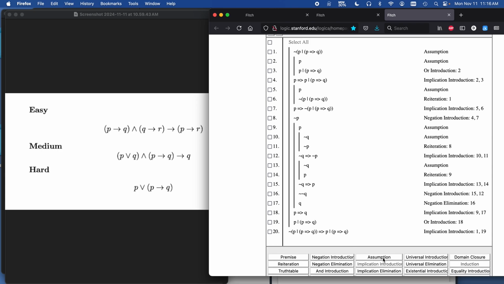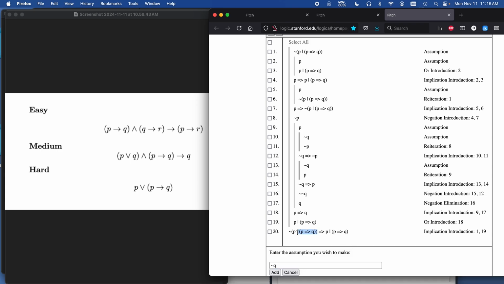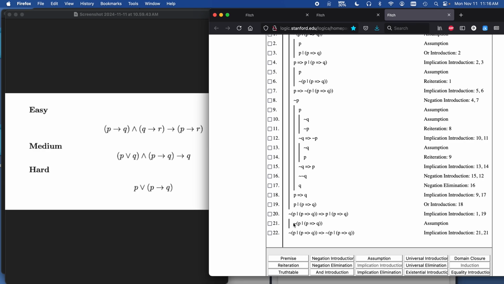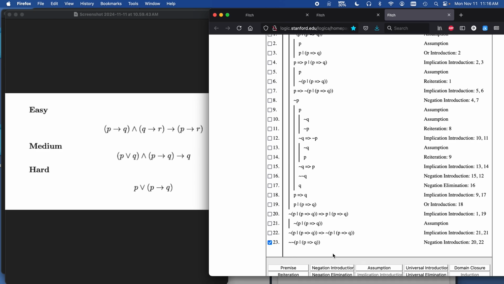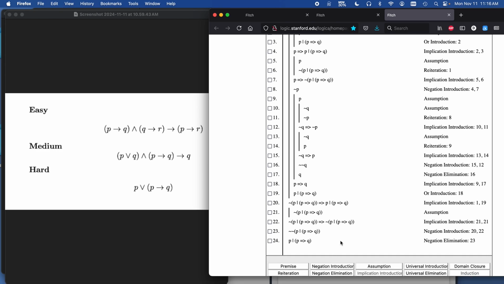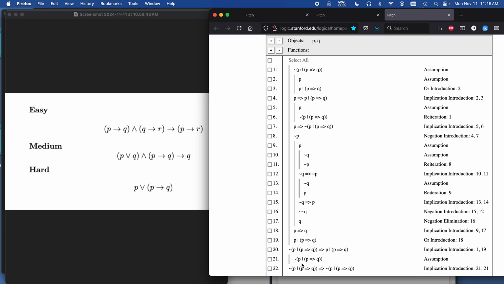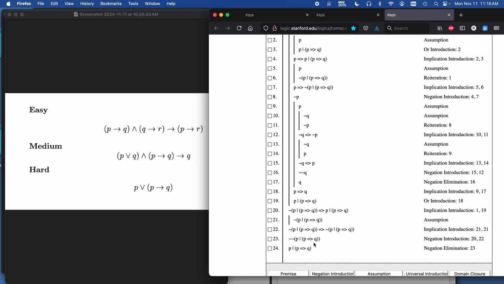which sounds ridiculous. And now let's take this as our assumption again, because for a negation introduction, you need that. And now I am just going to print itself as its consequence, because that's the negation of what I have over here. And so I'll do this. And now to get my negation introduction, I do that. And now I have my negation implication. And so this is the conclusion. It's not within the scope of any assumption. And that gives